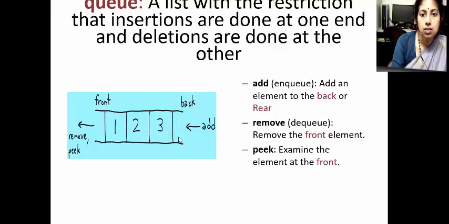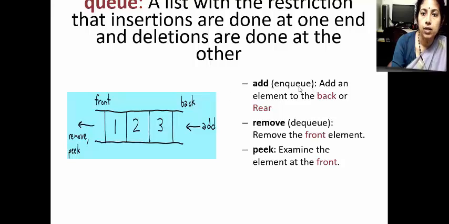So this is the picture of a queue. You can imagine a queue like this open at both the ends. From the back end, that is the rear end, you can add, that is insert, elements. Okay, so 3 is the latest element that is inserted into the queue. Similarly, 1 is inserted for the first time, so it is at the front of the queue, and from this front end you are going to remove the element. So the deletion and peek operations will be carried out from the front end.